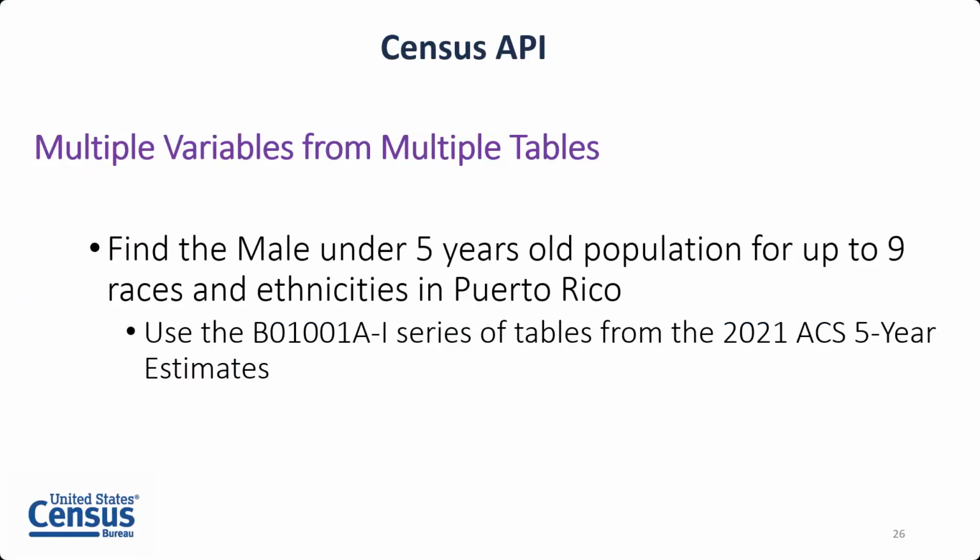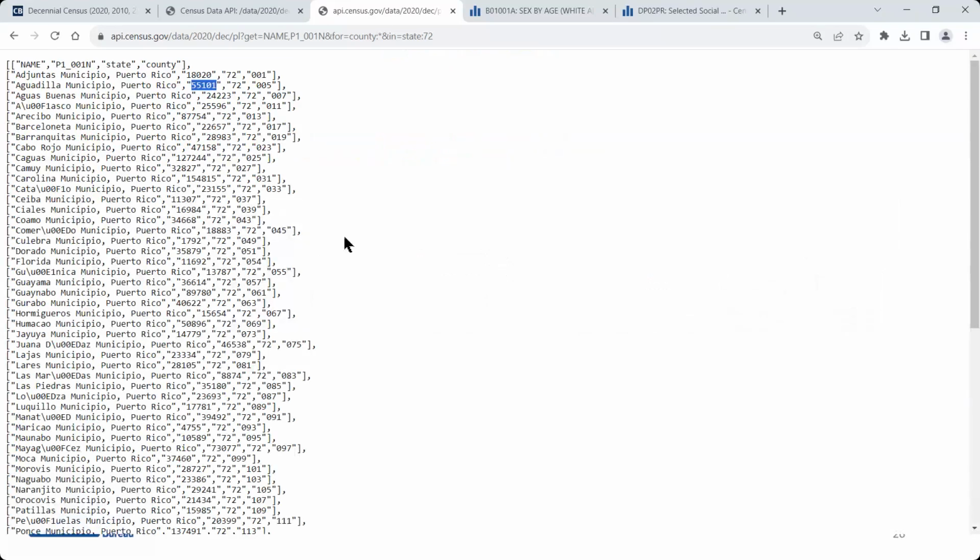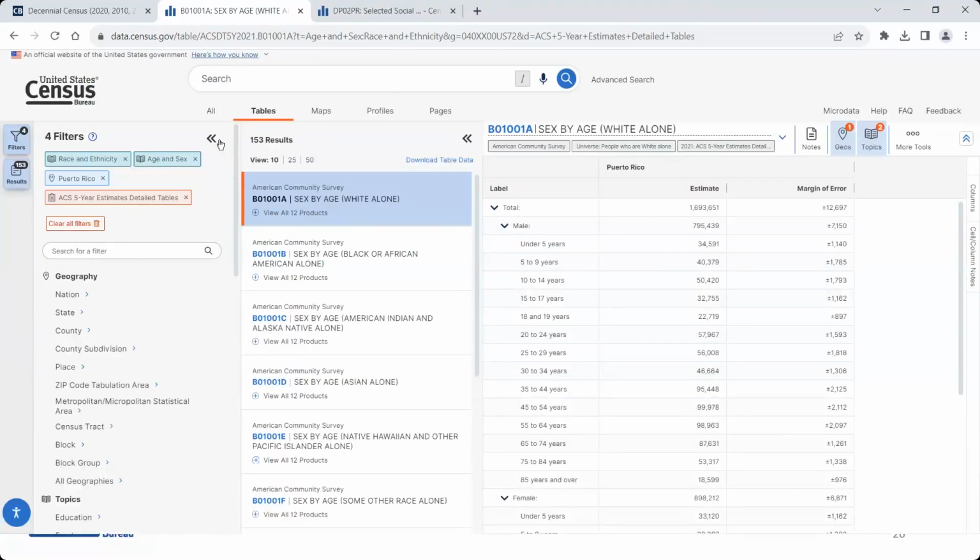So the example I'm looking at here is finding the male under 5 population for multiple races and ethnicities in Puerto Rico. And to do this, I'm using a series of tables from the 2021 American Community Survey 5-year estimates. So coming back over to my browser, before we started on the API here, I'll close out of my old tabs, and I wanted to actually start on data.census.gov with a query I built out previously,